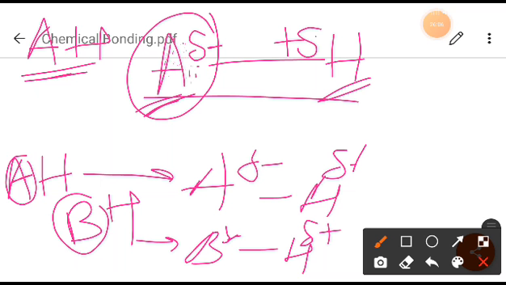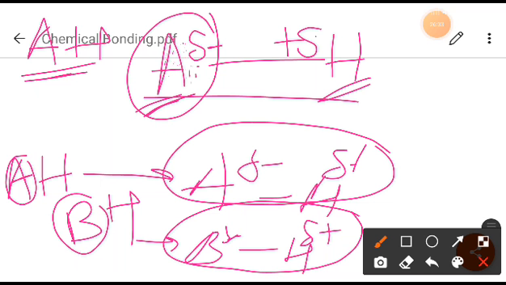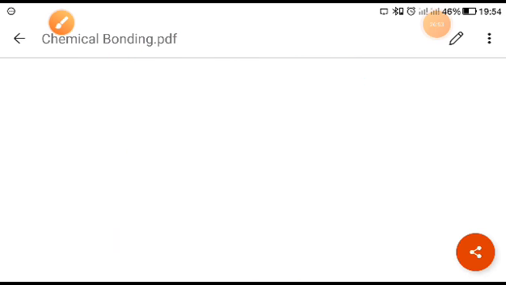So what will happen if this one is brought near to AH? What will happen at that time? The two dipoles will attract towards each other by electrostatic forces of attraction, right? This will attract this, and this will attract this, by a strong electrostatic force of attraction, which we can represent like this: